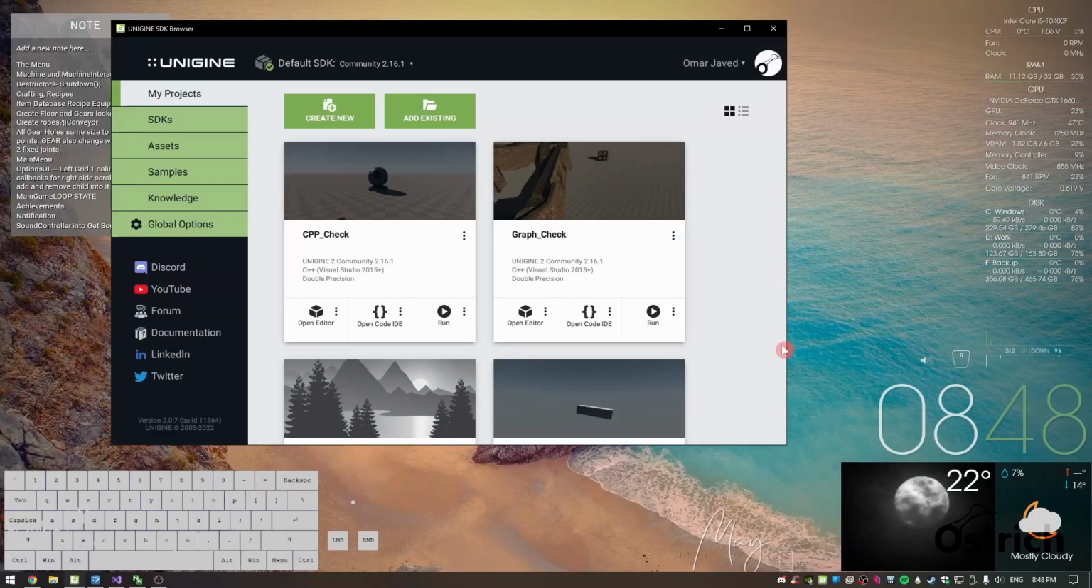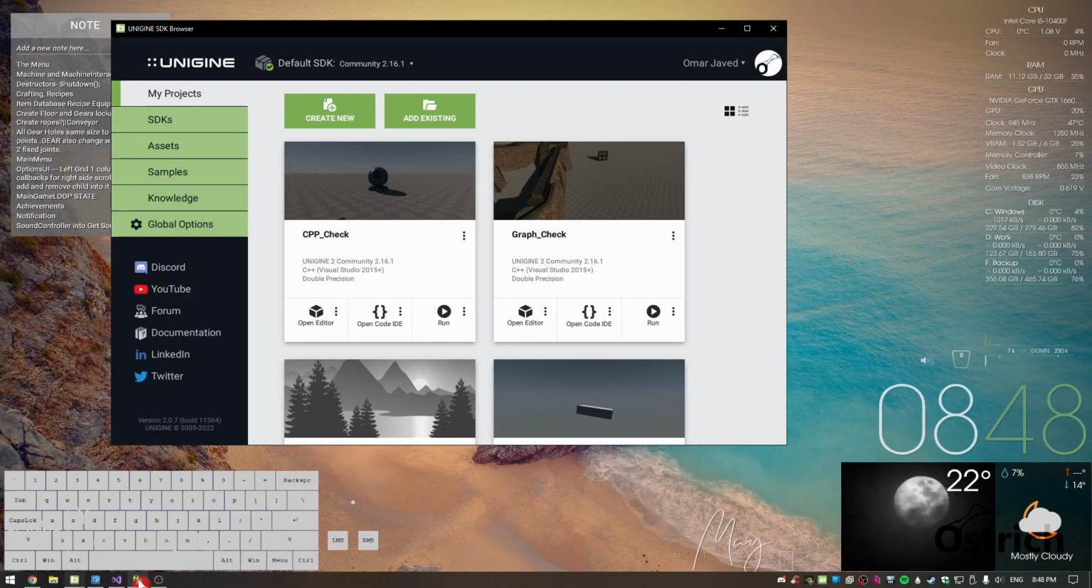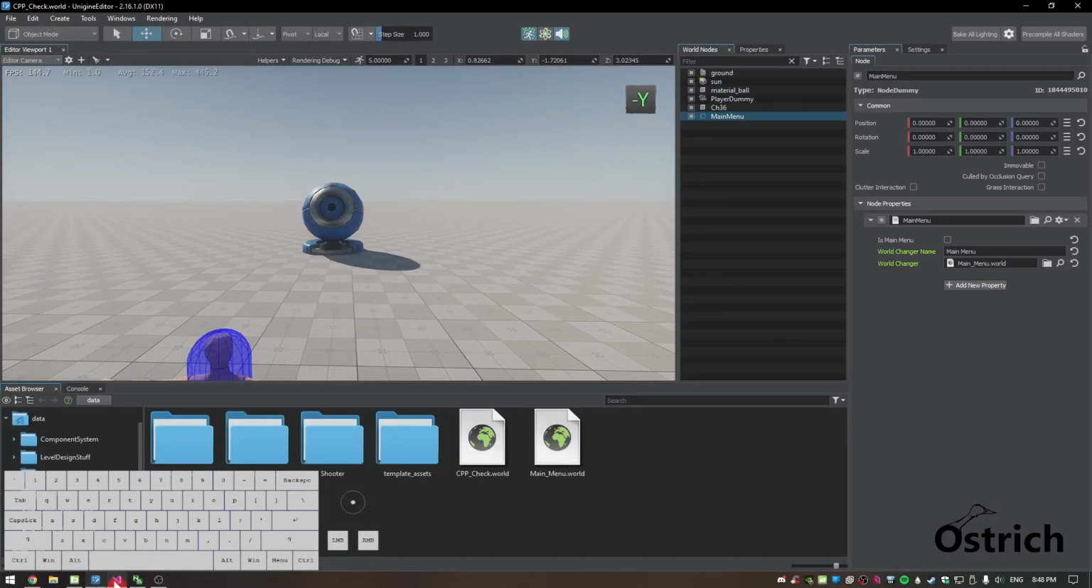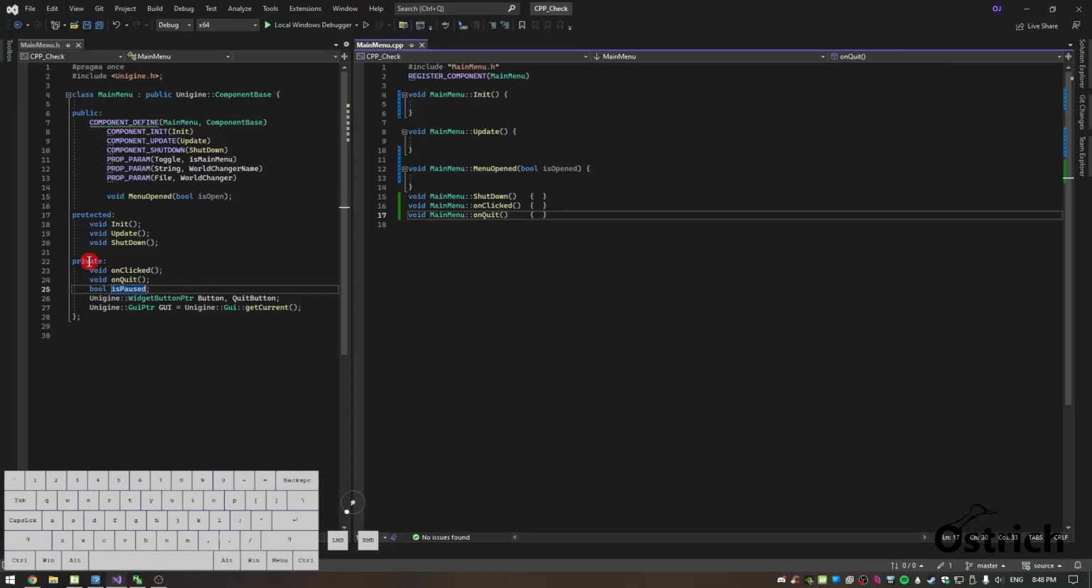Welcome back. So today we'll just be coding something simple, and it's going to be called making a main menu. So over here I got this little code that I just made. It's just a simple component that has an init, update, and we're also going to be using shutdown because we're going to be switching between worlds. So we're going to be shutting down to make sure that things actually close and not have any memory